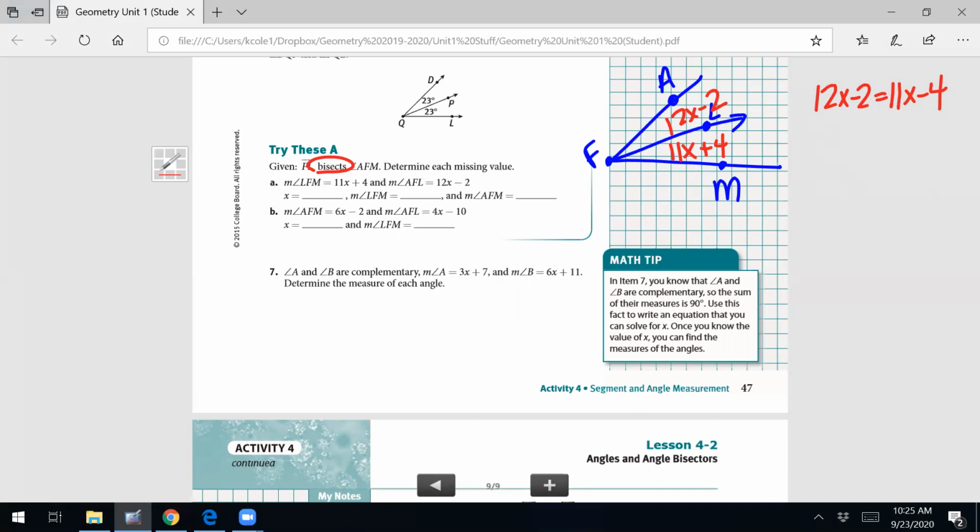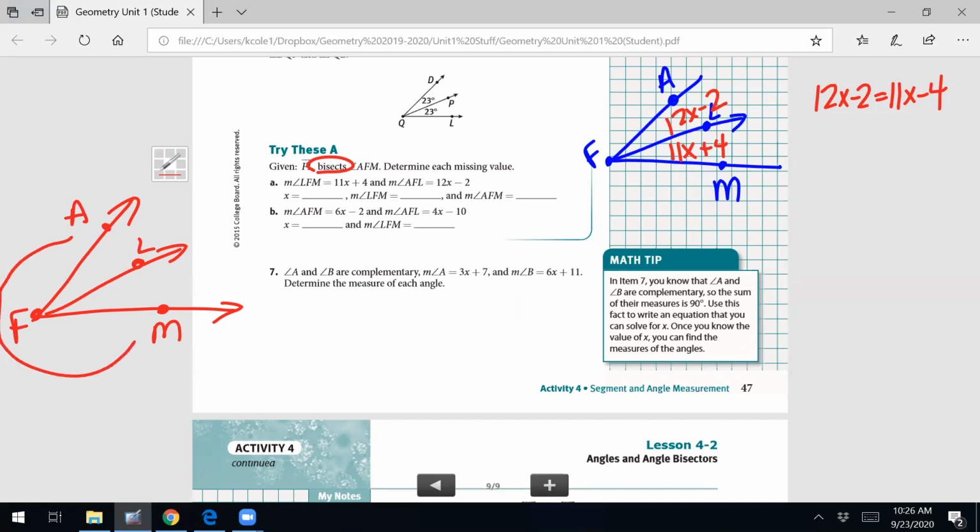Now this one I think is probably going to be different over here. So if we do this one, we're still dealing with the same situation, right? We've got AFM, and the inside is what, L? So they told us the large angle, the whole angle here, is going to be 6x minus 2, and that one of the interior